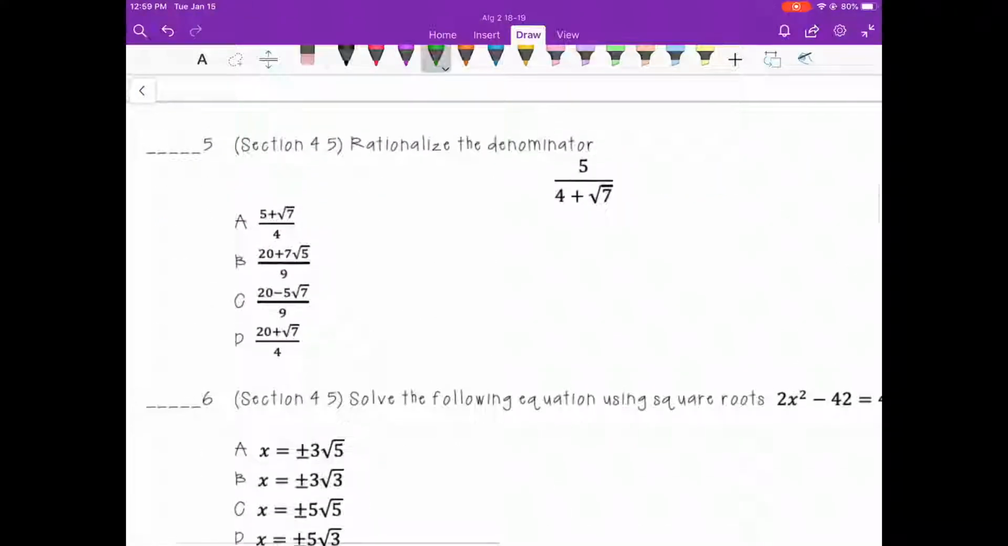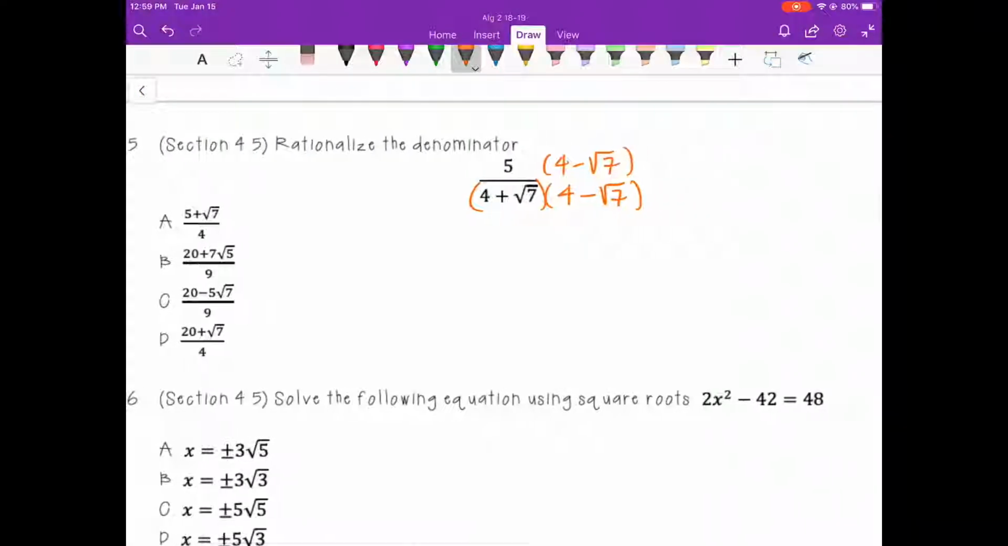Problem number 5, rationalize our denominator here. In order to do that, we have to multiply top and bottom by something that will get the radical to cancel in our denominator. That is going to be the conjugate of 4 plus radical 7, which is 4 minus radical 7. I always like to do the numerator first, so we will distribute in our